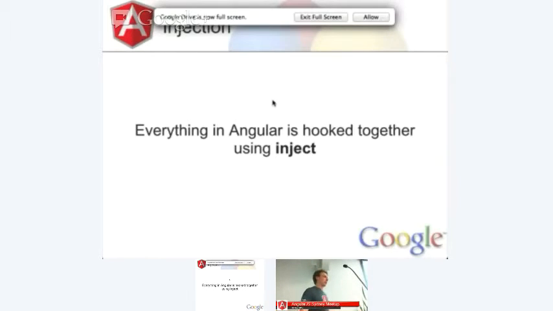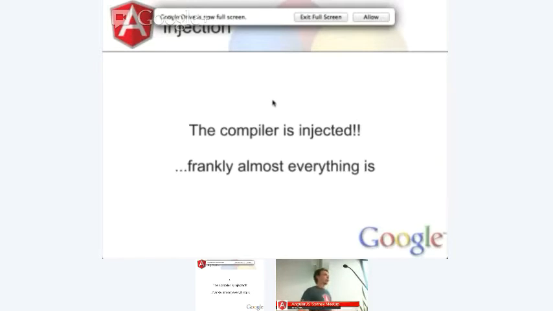And finally, there's injection. Everything in Angular is injected, and this allows you to hook into anything, including the compiler itself, which is really great if you want to do cool stuff. If you're trying to write a big web app and you want to do some deferred compilation tricks, which is less necessary now with modules, or if you want to dynamically generate your HTML, or if you've got a service serving you angularized HTML that you then want to compile, you can do all of this.